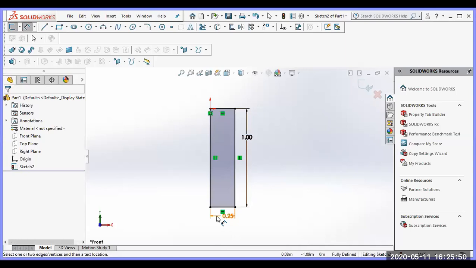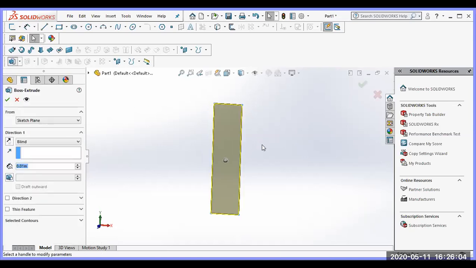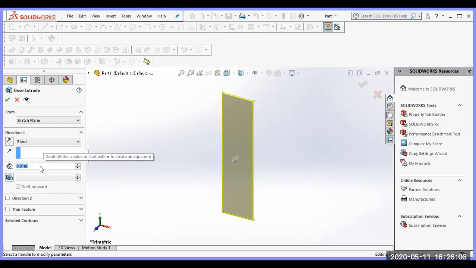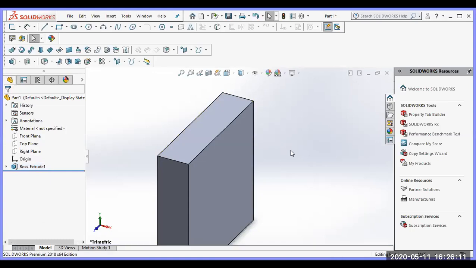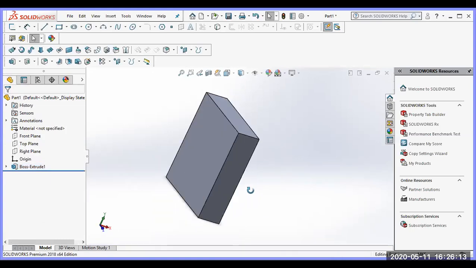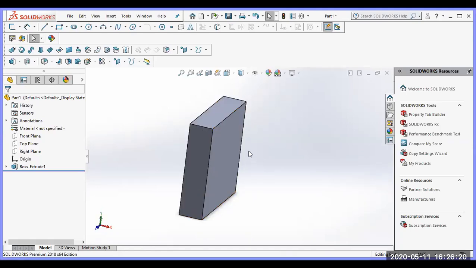Now here I created thickness and length only. Now the width I am going to generate with the 3-dimensional object. Now I am going to extrude this body. That means that is the width. I am going to give the width, that is 1 meter. This is the first layer, that is the inner layer. This thickness is 0.25 and width is 1 meter and height also 1 meter, as per this problem we created.